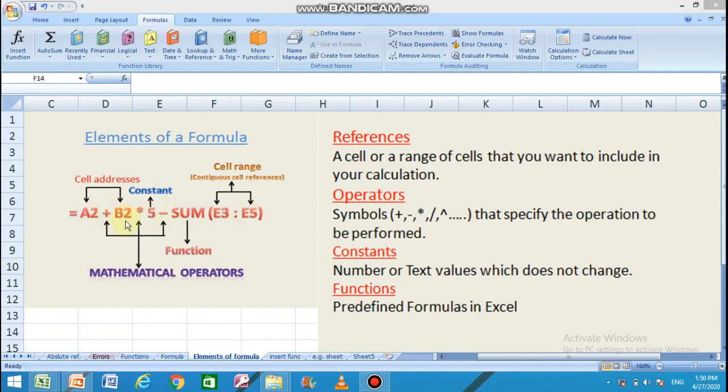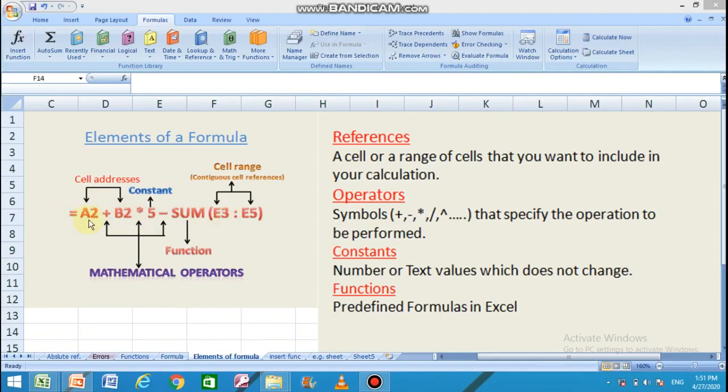A2 and B2 are cell addresses. Cell addresses means cell references. Cell references means name of the cell. A2 and B2 are indicating two cells which are having some values, and those values are going to take part in this calculation.